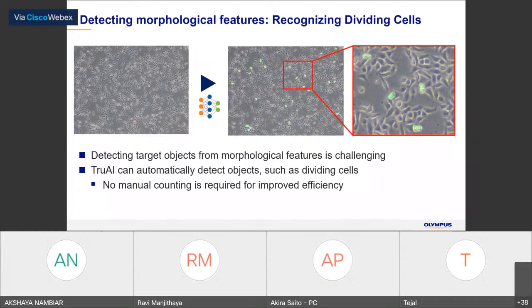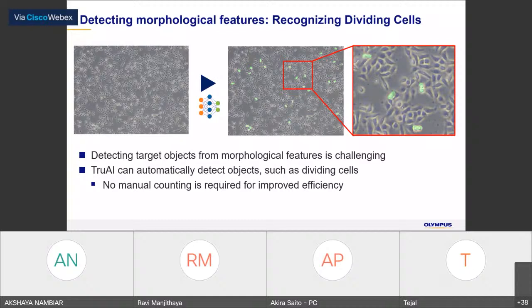Actually, it depends. How can I say? Even if it is low contrast, I will say low contrast, not low intensity, but a low contrast image, if you give the ground truth with that image and create the neural network, it will detect even when the contrast is low.